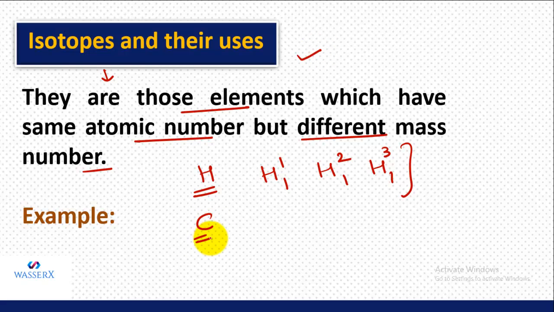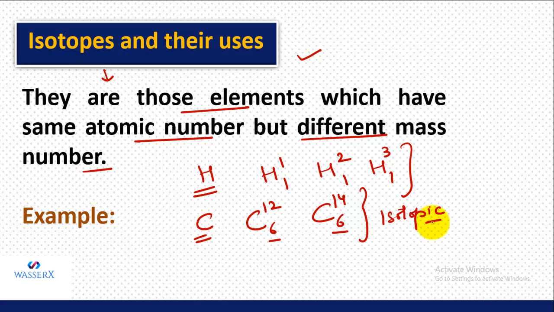Likewise, for carbon, the atomic number is 6, but if we talk about the mass number, we get carbon of different mass numbers, that is carbon-12 and carbon-14. Though they possess the same atomic number but different mass numbers, that is the reason they share the relation that they are isotopic forms of carbon. This is how you can write the isotopes for various elements. So let's see what is common between the isotopes and what is actually the difference shown between isotopes of the same element.